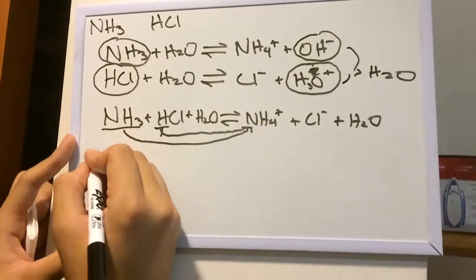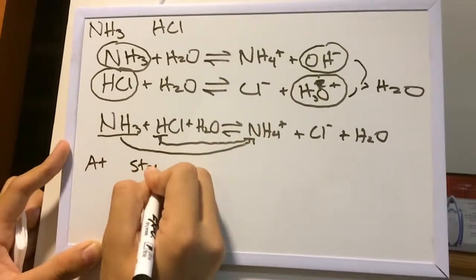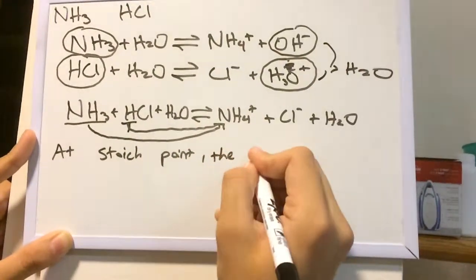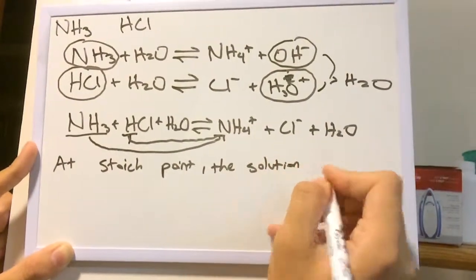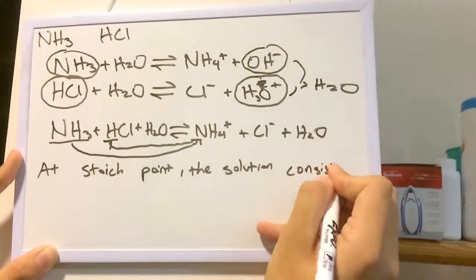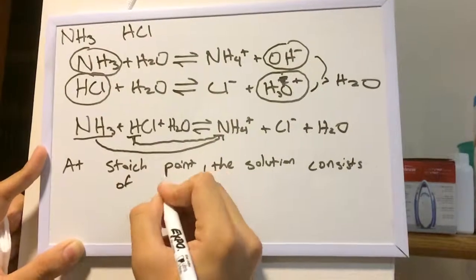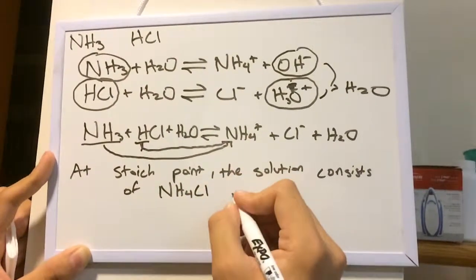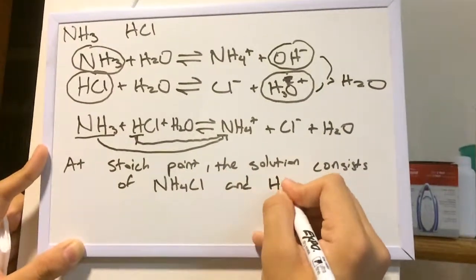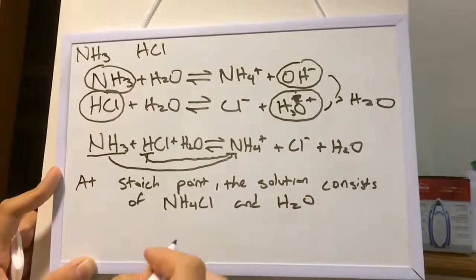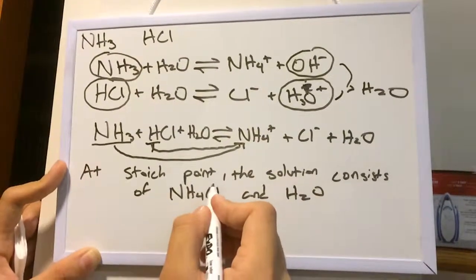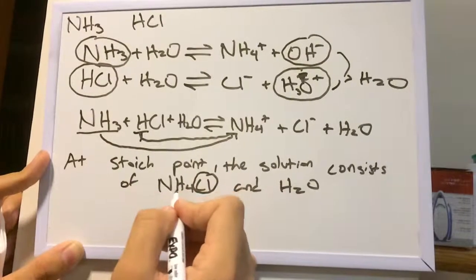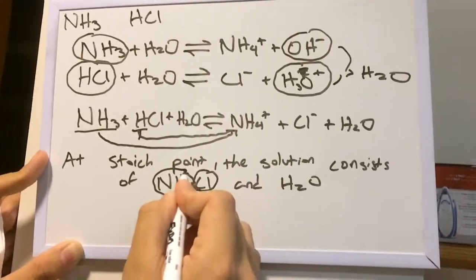This makes it so at the stoichiometric point, the solution consists of only the salt ammonium chloride and H2O. Now notice that in this salt, chloride does not affect the pH, but ammonium is actually